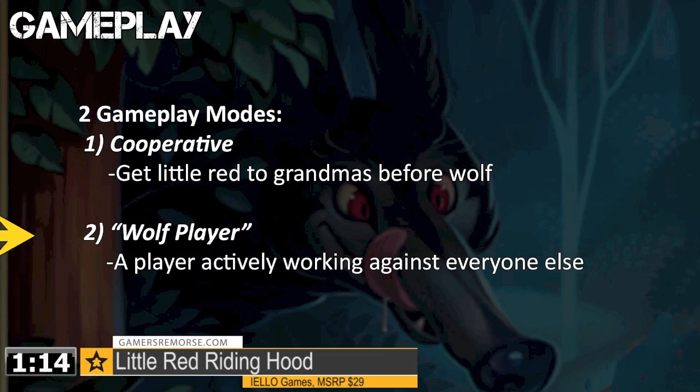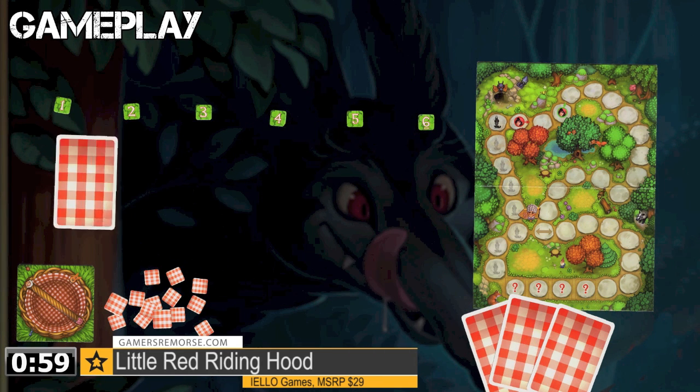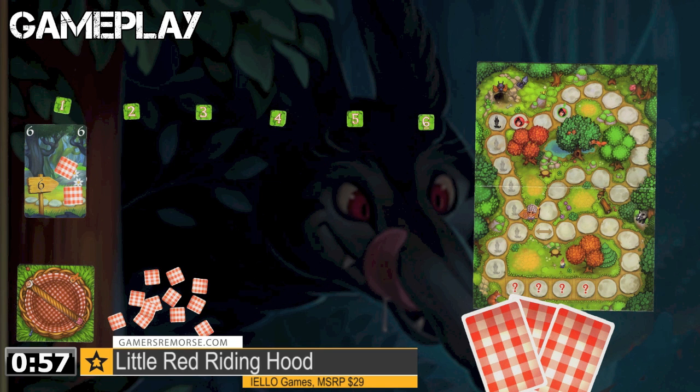In the other variant, 1 player takes on the role of the wolf, attempting to get to Grandmother's house before Little Red. In this competitive mode, the player who plays the wolf now plays cards down face down before players. Players take turns helping Little Red Riding Hood. A player can choose to flip the card in hopes that the wolf slipped up or attempted to get rid